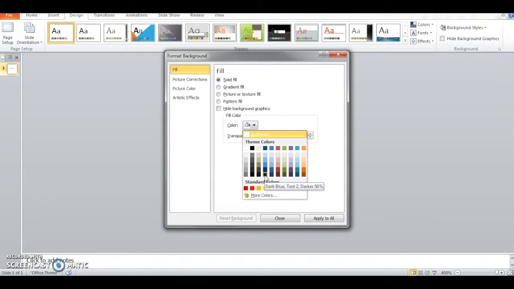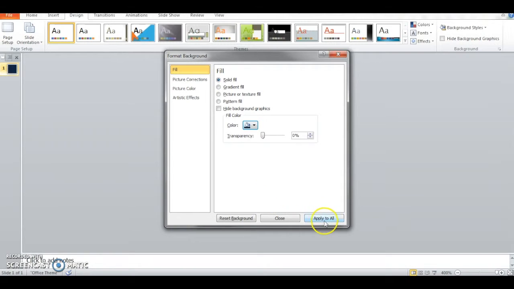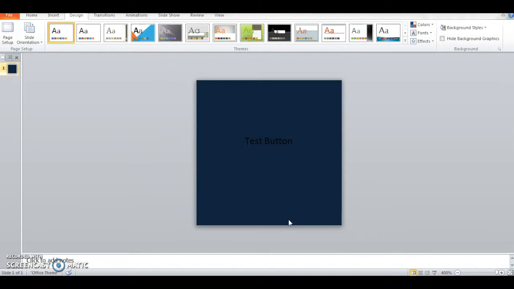You also have choices here of you can make gradient or pattern filled backgrounds. You can add a picture if there's a certain picture that you want to have as the background for your button. One word of caution though, whenever you're creating these buttons, remember that a button is small, so you don't want to add too many details or make it too complex. And remember that text is usually the most important part of the button, so we want to make sure to